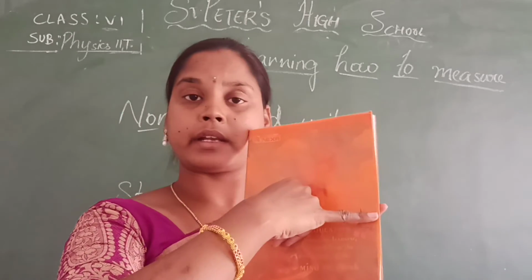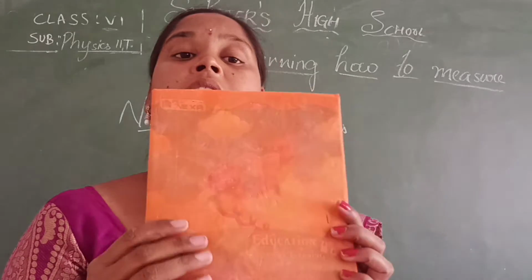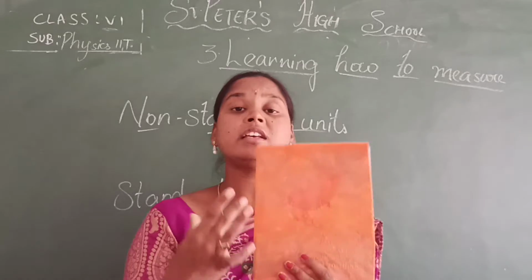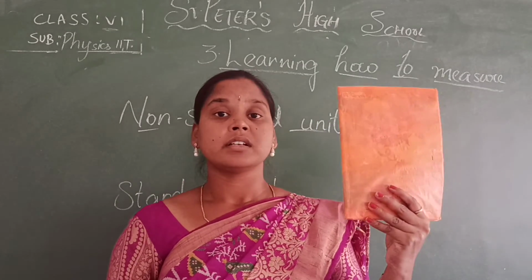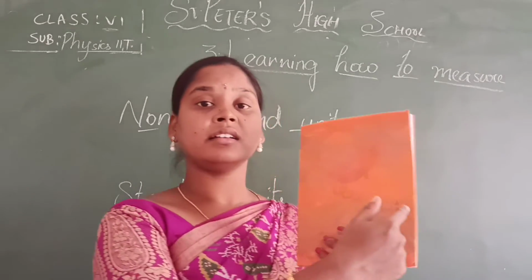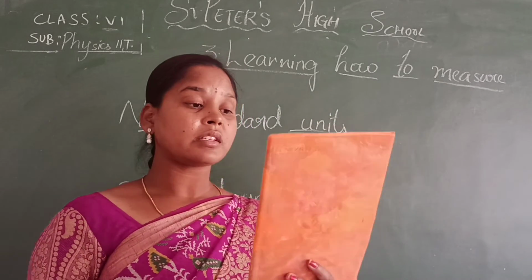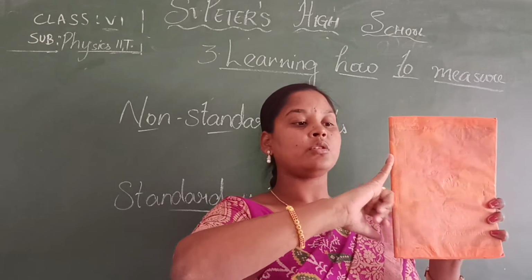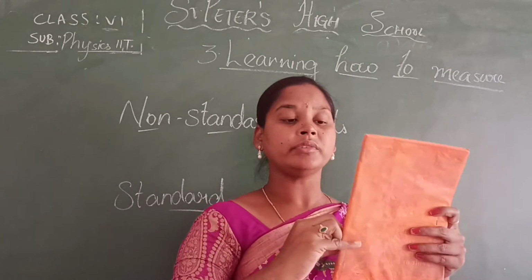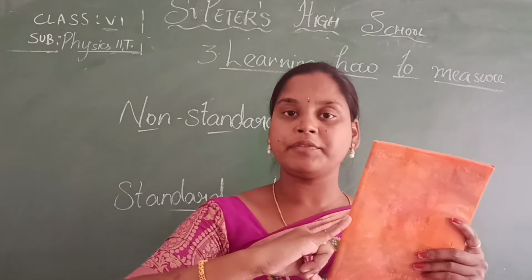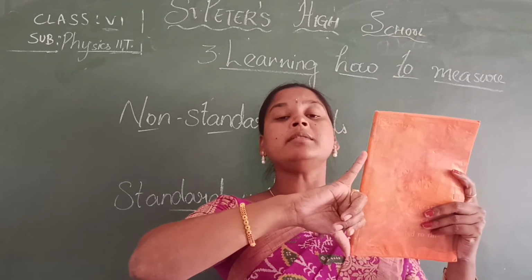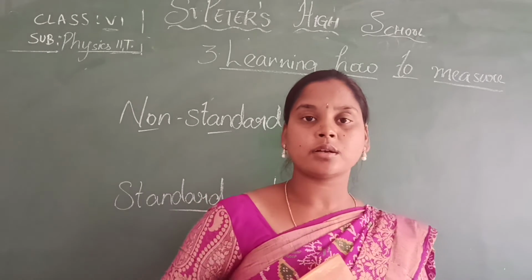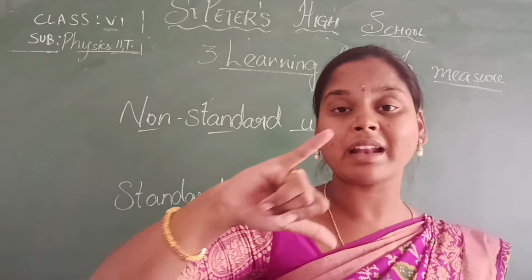Now it is only one hand span, but in your case, if you measure, it will be less than one hand span. Yes or not? But if I measure this book with the scale, whatever 30 centimeter scale you are having, it will be the same for all. If I measure like this, it is almost 1.5 for me. For you it will be different. My hand is big, so I am getting more. It is only 1.5, but for you it may come up to 2. That means our hands are not the same. Hand span is not the same for all people.